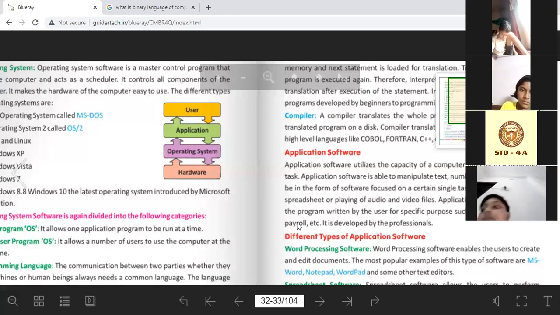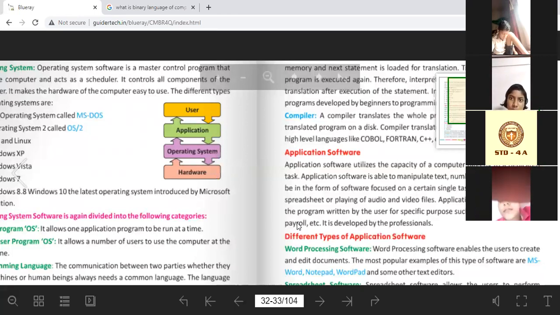Application software is a type of software that is dedicated to do one specific work or one specific task. Application software is able to manipulate text, numbers, and graphics.